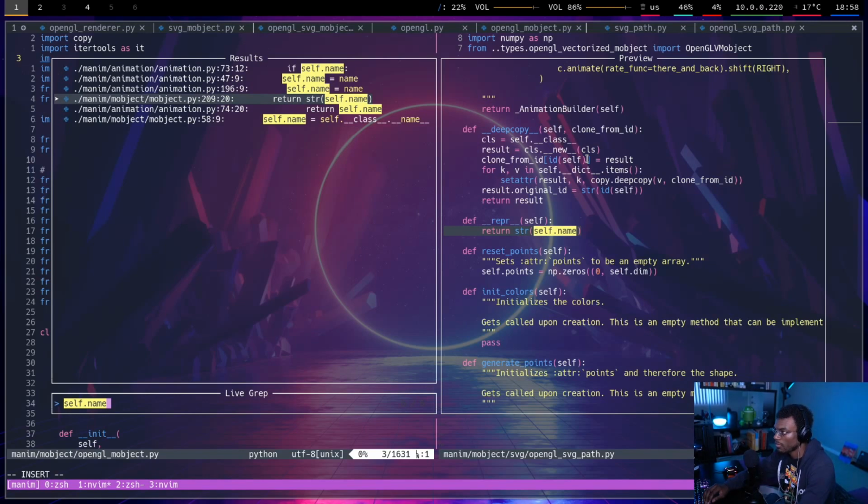Oh, what must be happening is, oh, this is kind of broken. OpenGL VMobjects, or all OpenGL objects, don't have a repr class. But this one is inheriting the repr class from the non-OpenGL